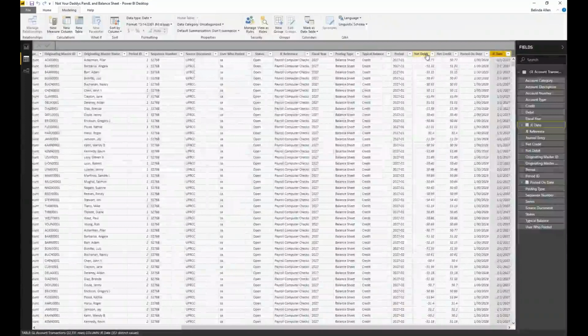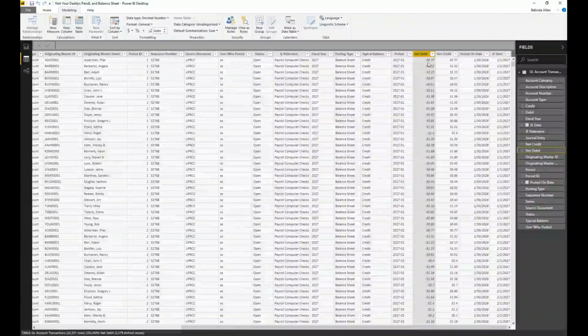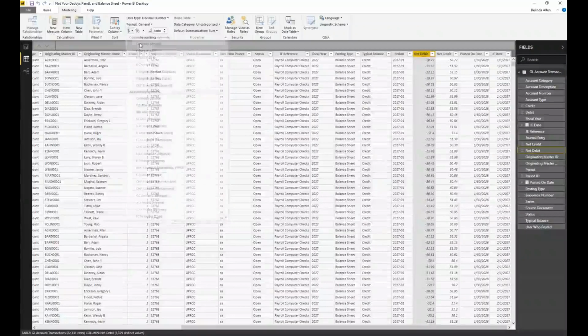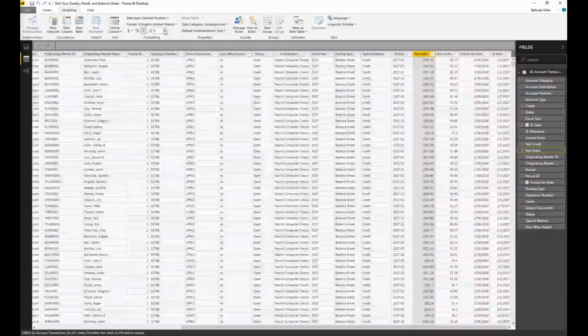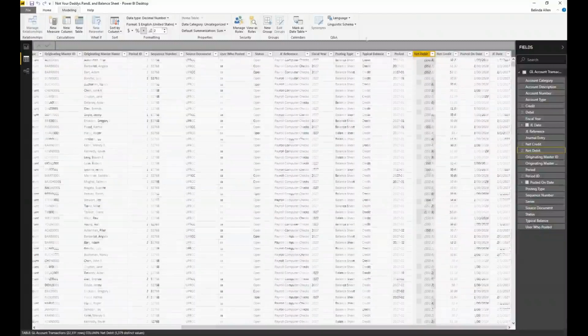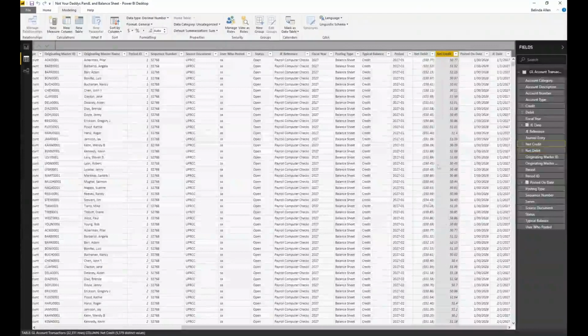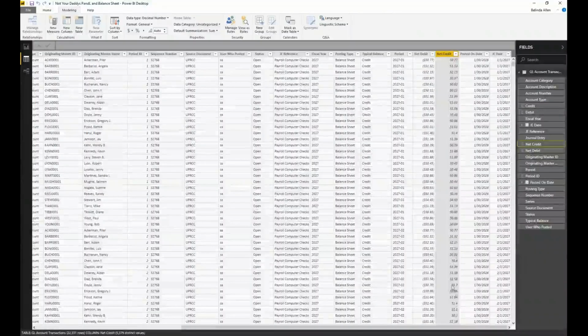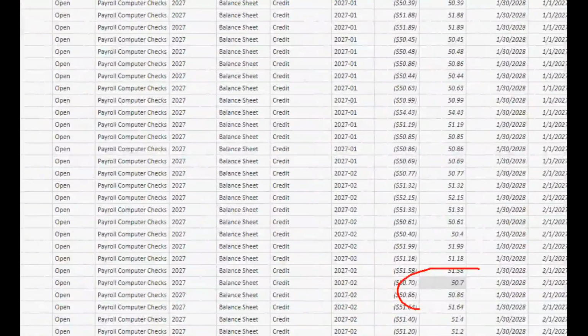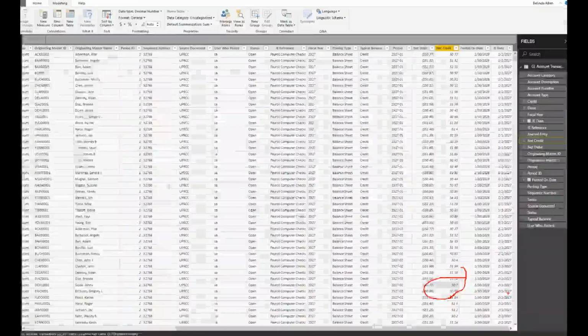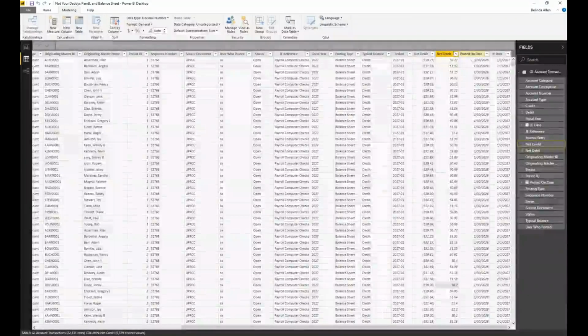All right, a couple other things we may want to do. We may want to change so that our numerical values here are acting like currencies. So I'm going to take this net debit, and I'm going to go to general currency, or I could have changed it to general currency here in the format. And I'm going to go ahead and put in 2 decimal places. So I always wanted to show 2 decimal places. The problem if you don't do that, like here's a case here, if I zoom in, where you could see $50.70 is leaving off the ending 0. So we don't want that to happen.